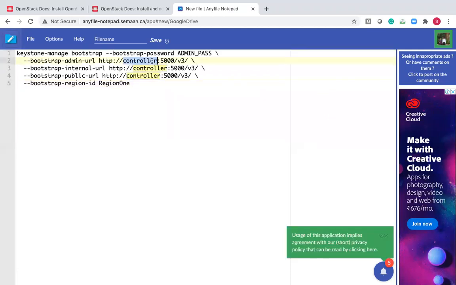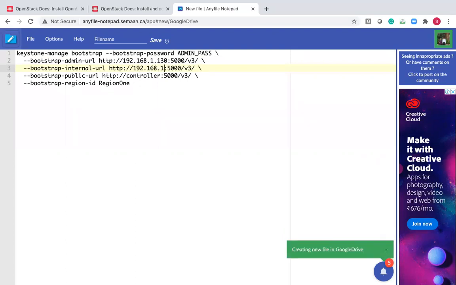Here, instead of this, I want to update my IP address to 192.168.1.130, and here also 192.168.1.130. Okay, after this you need to set the admin password.